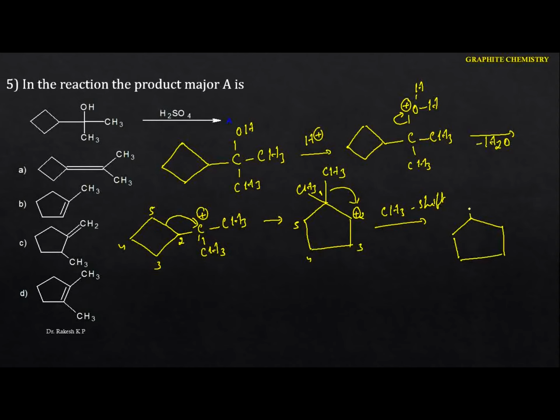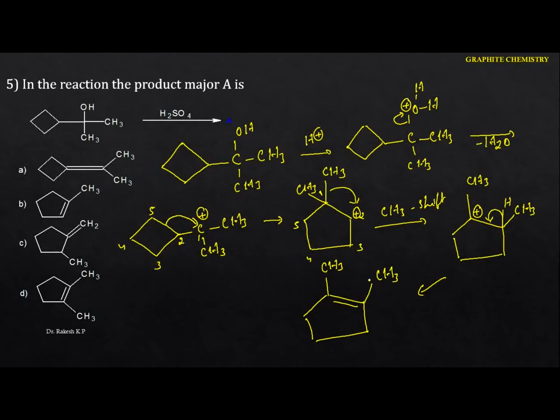Now see this one here. This is the CH3, and the first position carries the positive charge. This is the carbocation, which is more stable than the previous one. The next thing is the elimination of the proton. Here we know that this carbon carries a hydrogen. Now see the elimination: this will be eliminated, and see the final product you are going to get. The first and second positions have the double bond, with CH3 here, and here also we can identify the double bond. This is the major product.